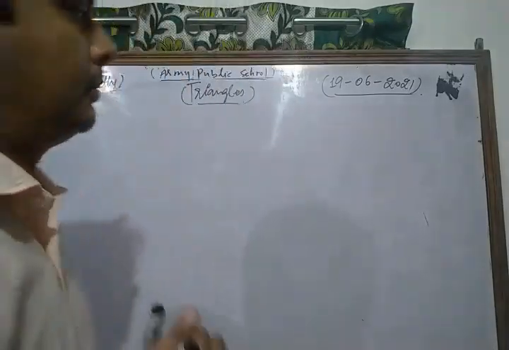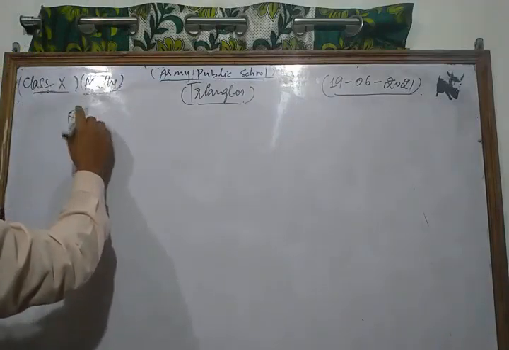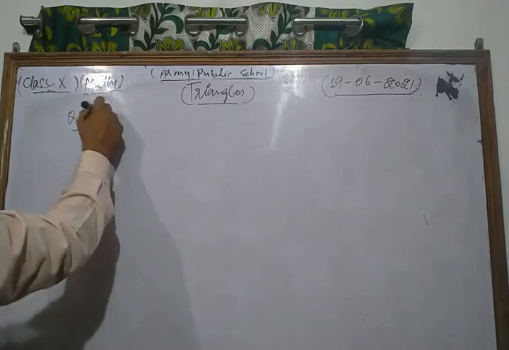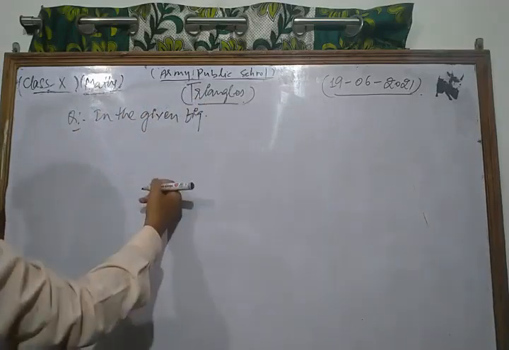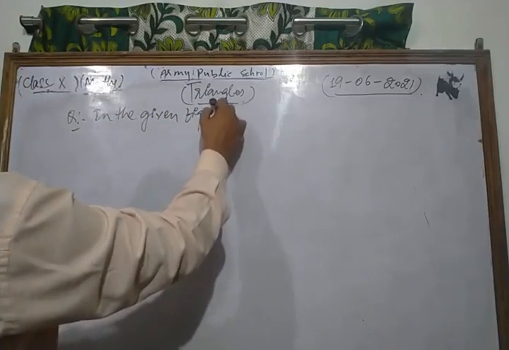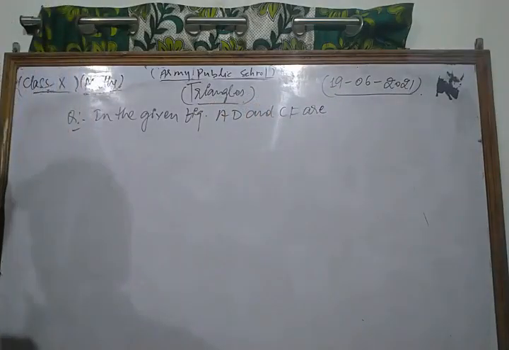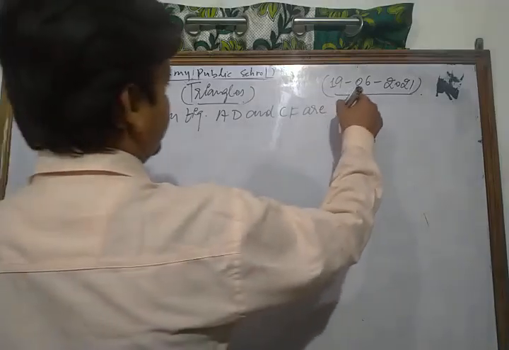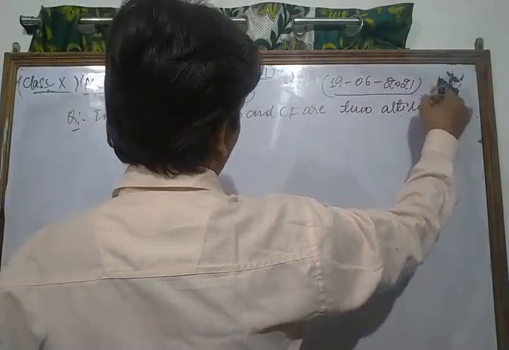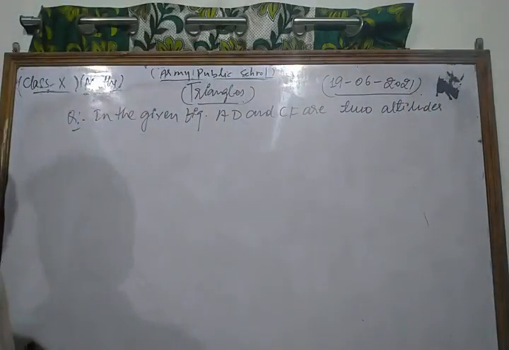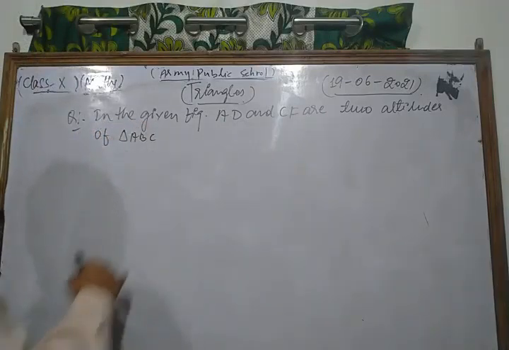Okay, so let's see some important questions. This is a very important question of your NCERT exercise. So your question is, in the given figure, AD and CF are two altitudes of triangle ABC. Prove that